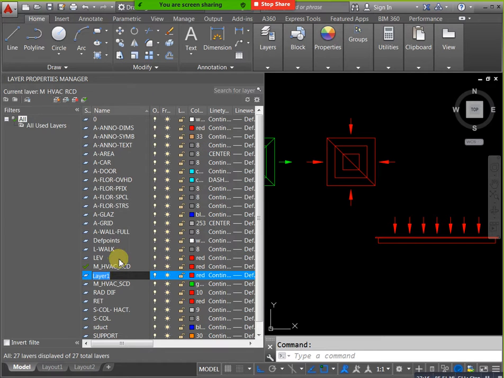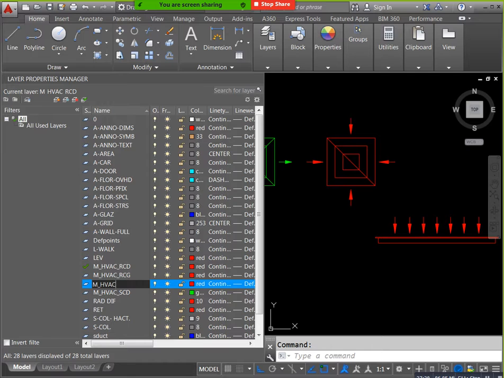Okay, return grill, red color. Okay, next go here, M underscore HVAC SCG supply air grill. Here you can change your color, same. Okay, now cancel. If you need this one, you can create.